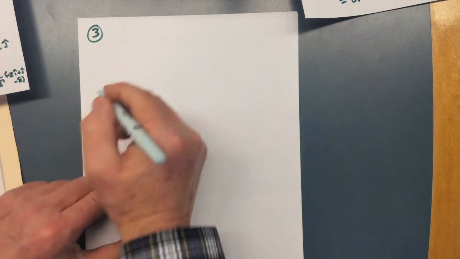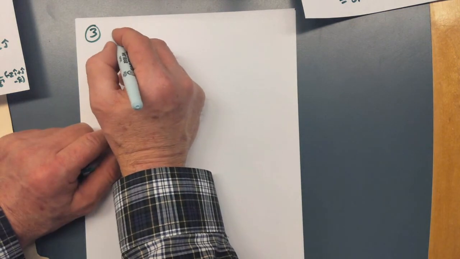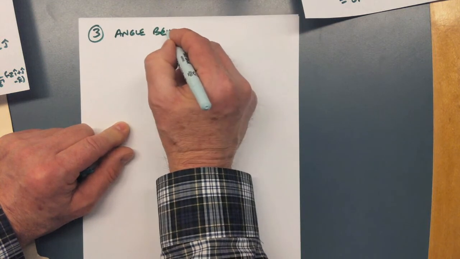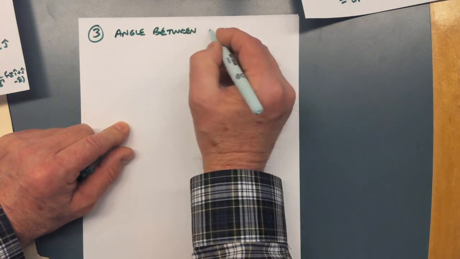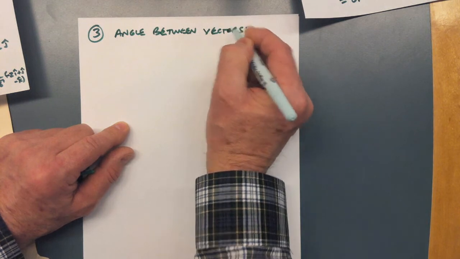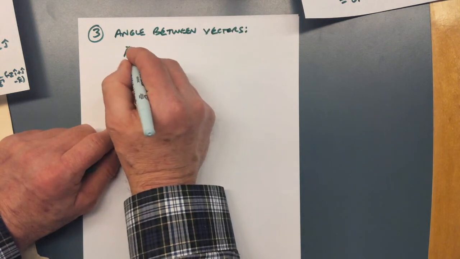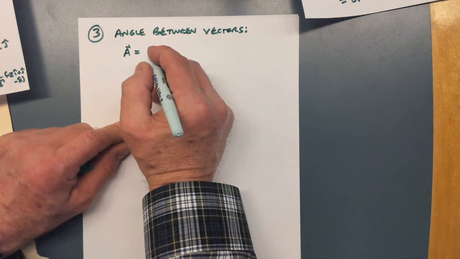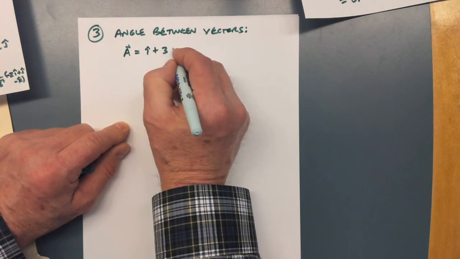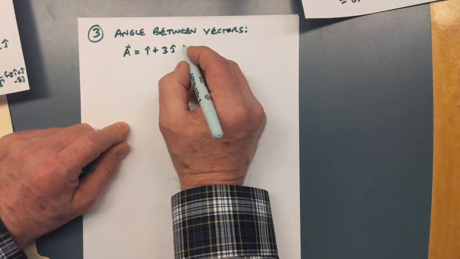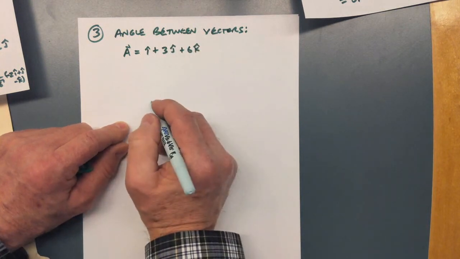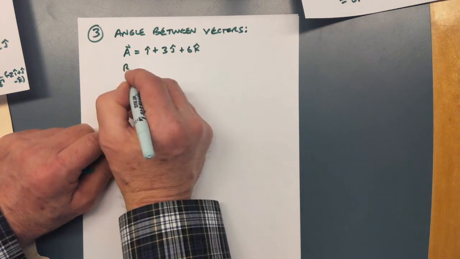So the question is, what's the angle between these two vectors? A is i hat plus 3j hat plus 6k hat, and b vector is